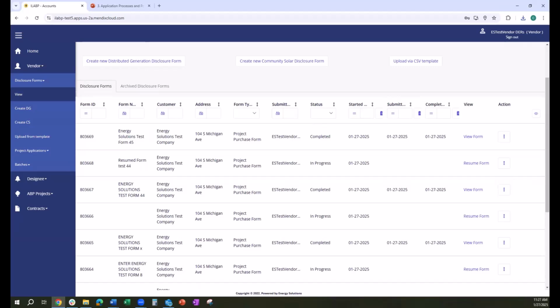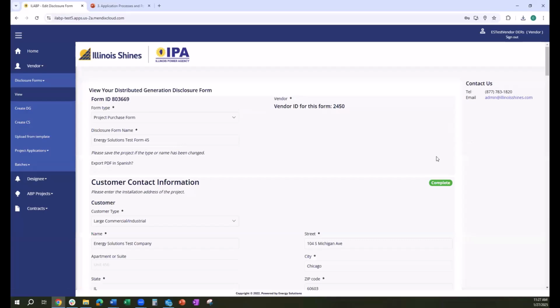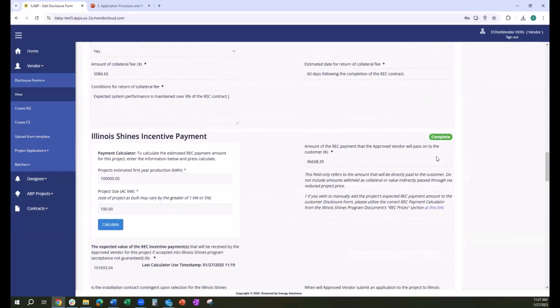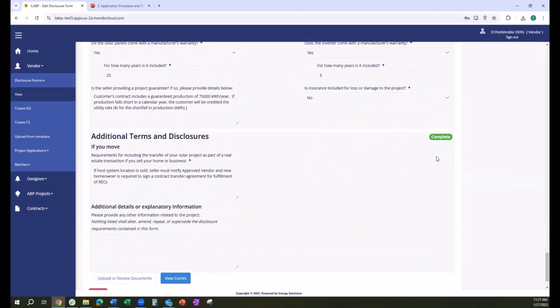From here, I will do a quick review of the disclosure form dashboard and the available actions. You can complete several actions from the dashboard in addition to viewing your form. First, to view your completed form, select the blue View Form link. From here, you'll be able to view all of your form inputs, and you can also access the Upload or